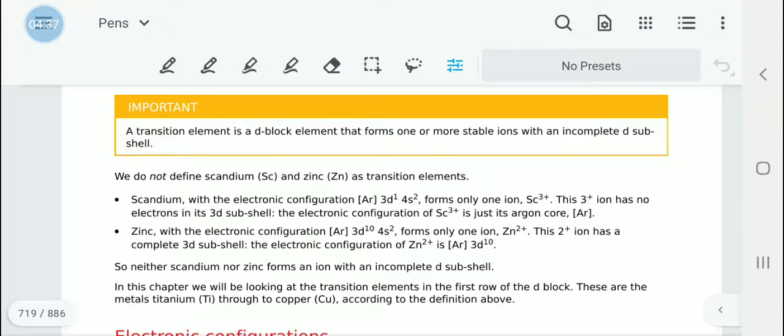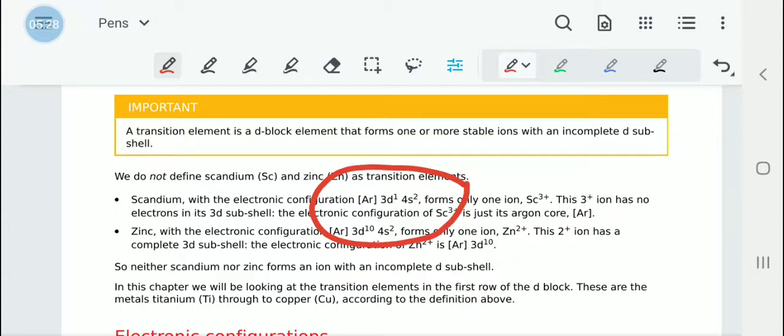Because scandium and zinc both do not have an incomplete d subshell, they are not classified as transition elements. So as you can see here, now argon is